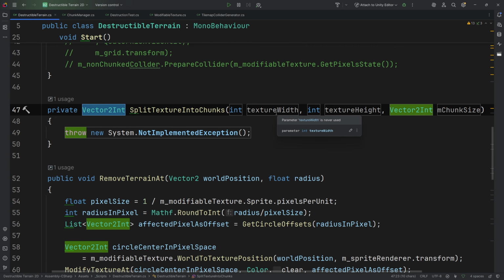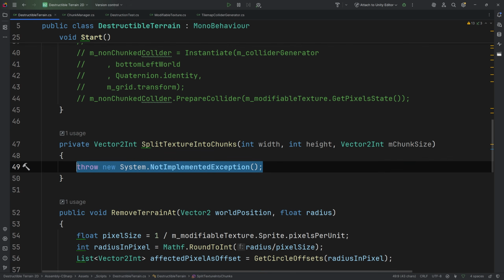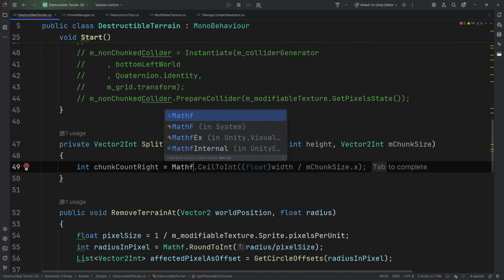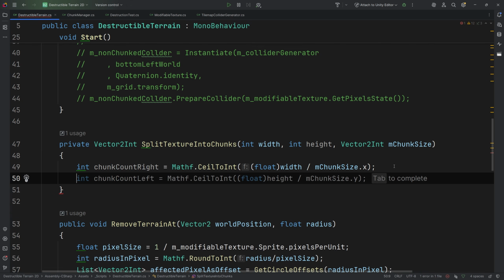And let's implement it here. I'm going to just rename those parameters to width and to height. And here, instead of throwing an exception, we are going to calculate int chunkCountRight. So this is how many chunks to the right we are going to have, is equal to Mathf.CeilToInt, and we are going to get the width value divided by the chunk size x, and we're going to